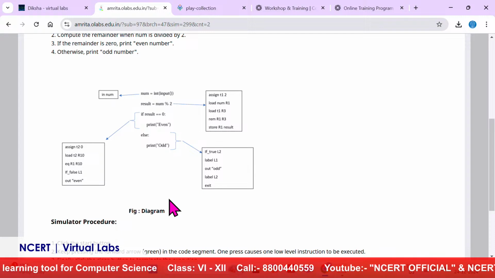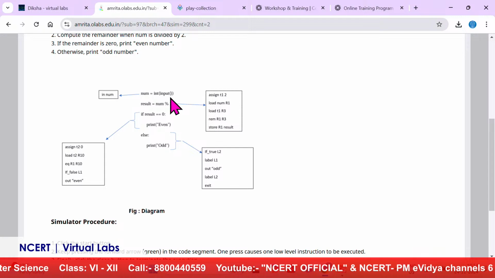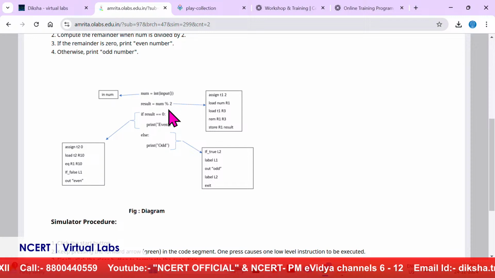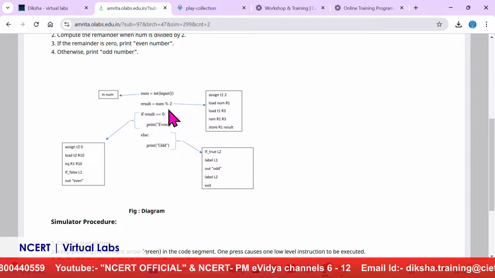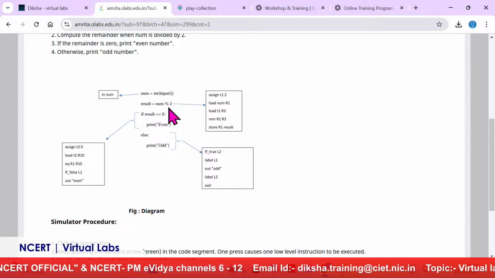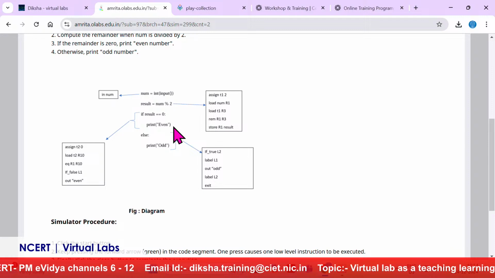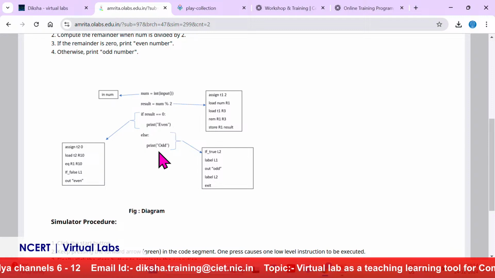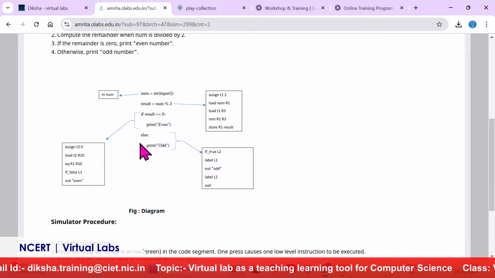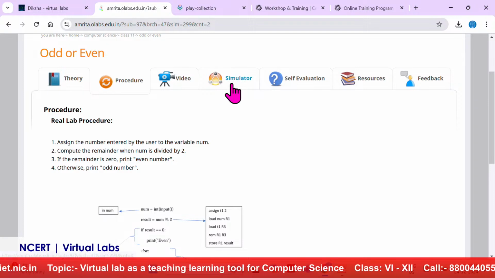If we have to take any number from the user, the input function of Python has to be used. Then using this percentage symbol, which is the modulo operator, it will divide the number by 2 and check the remainder. If the remainder is 0, the number is even, otherwise the number is odd. So here we are also checking a condition using an if-else block. Now I'm going to click on simulator